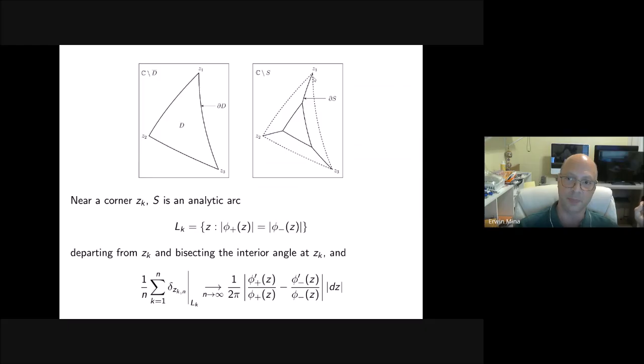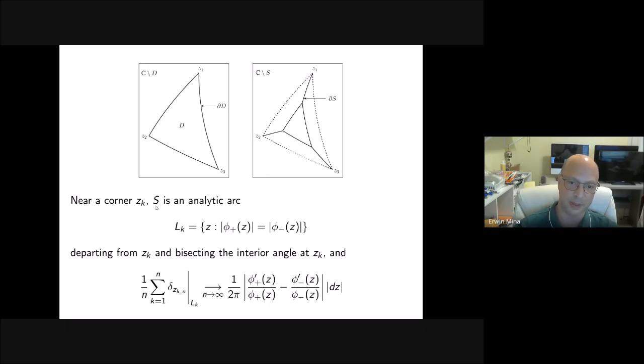So you see this picture that I drew here for illustrative purposes. Well, it's not very far from the truth in general, although it's not that easy to describe in general what this set S is. But you can see here that I've drawn this set S as consisting of some arcs when you are close to the corners. And that in fact is true. So we prove that